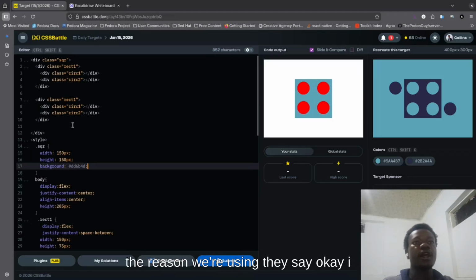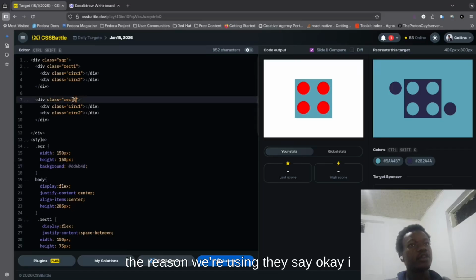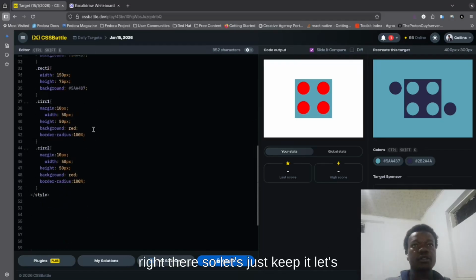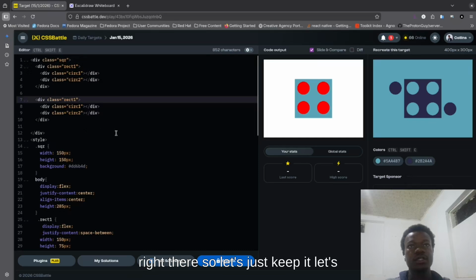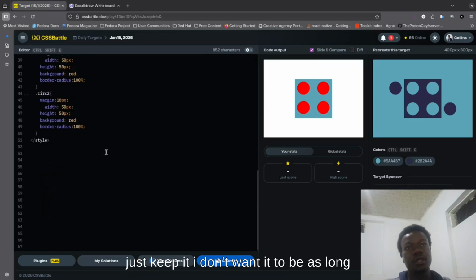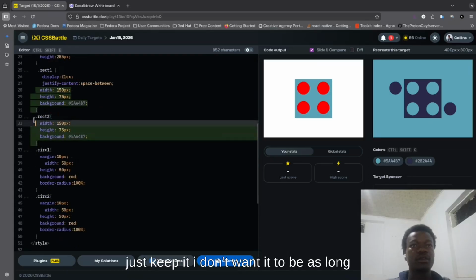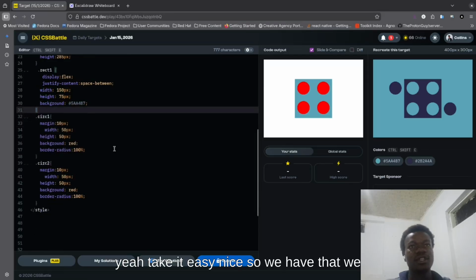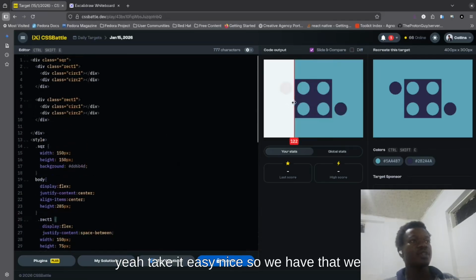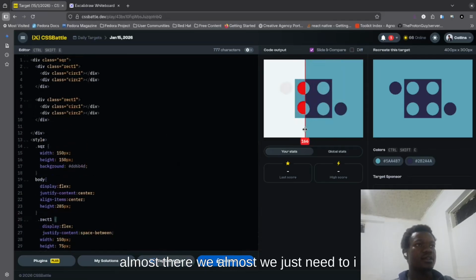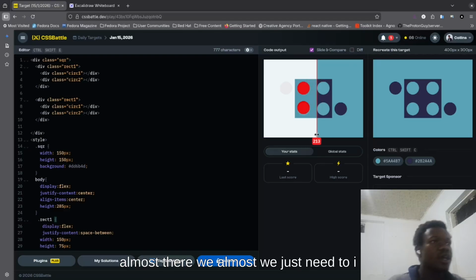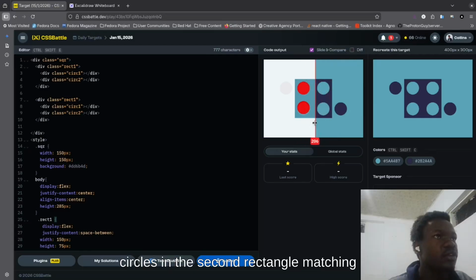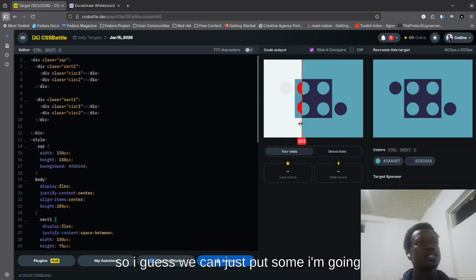So that's what's happening here. The reason we're using the same, okay, I could have used rectangle 2 and given it the same styles, but I got confused right there. So let's just keep it. I don't want it to be as long. Yeah, take it easy on me, please. Nice. So we have that. We're almost there. We just need to, I don't think the circles in the second rectangle are matching, so I guess we can just put some